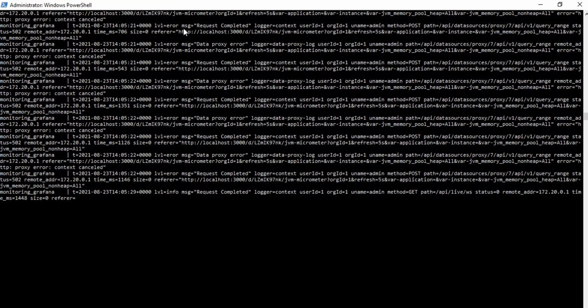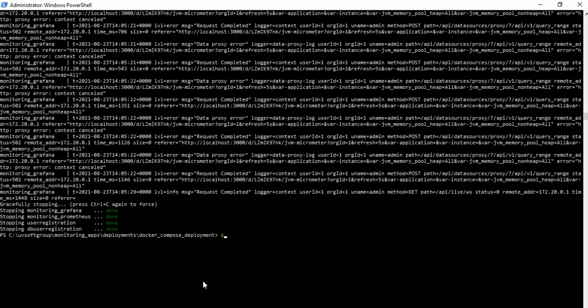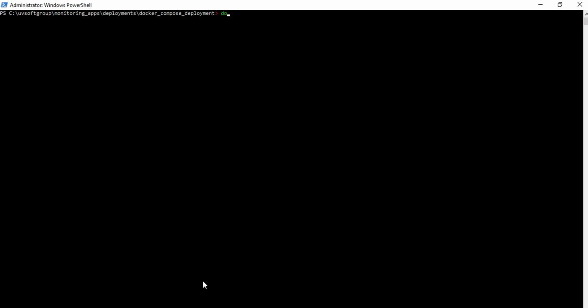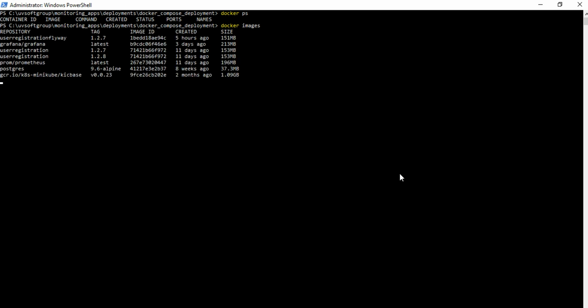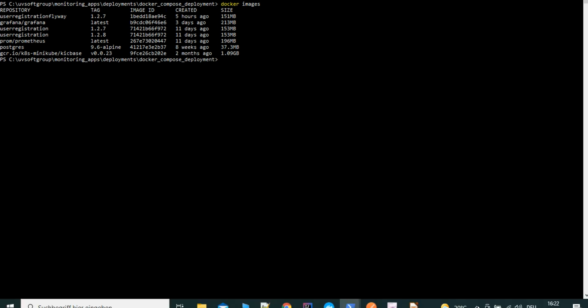I already ran the application, and now I see the application is down. As you see, it stopped the Spring monitoring, Grafana, Prometheus, the user registration application, and the database. So in the CLI we can run docker ps to see all the processes, and that shows empty processes, and we can run docker images to see how many images we have. So we have all the images that we defined here. So let's continue the